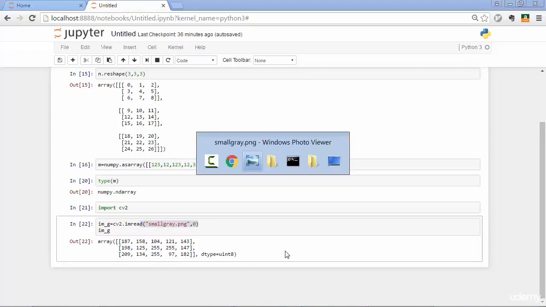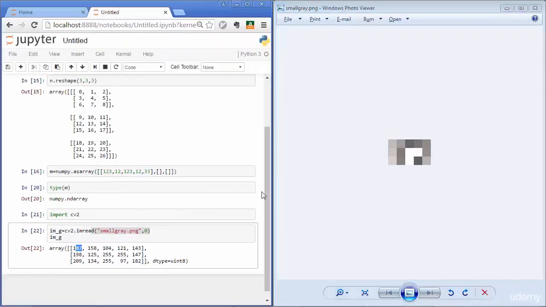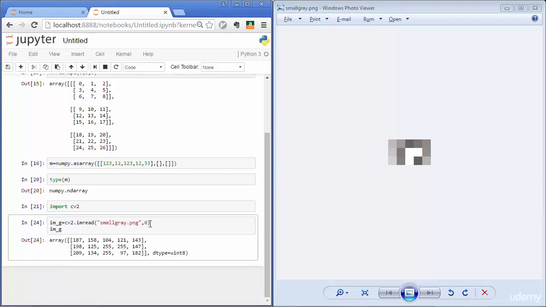So again, what we have here is 187, the intensity for this first pixel. And then you have the other numbers, and for white, you see white here, we have 3 white pixels. And those are 255, all of them. And colors range from 0, which would be black, pitch black, to 255 for white. And everything between them is in the grayscale. So now if I change this to 1,